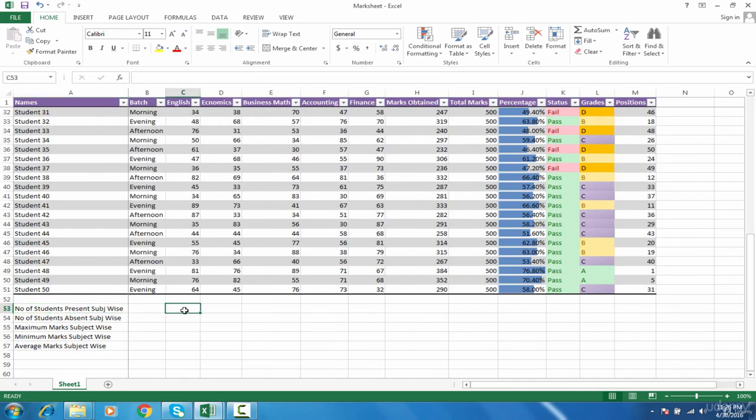Now I want to calculate the number of students who were present in a particular subject, and before applying this, you need to know that these formulas are very, very simple, just what we use in daily life. I want to count the students who are present subject wise. So the formula will be equals to